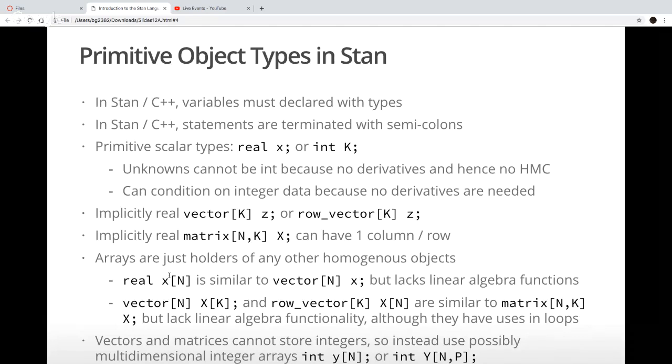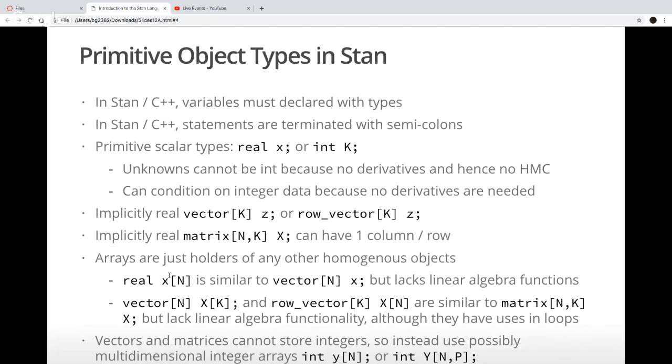However, if you declare it as a real array of size n, the n goes after the x as opposed to after the r in vector, but that's not that fundamental a thing. The vector has linear algebra properties associated with it. So you can multiply a matrix times a vector and get a matrix-vector product.